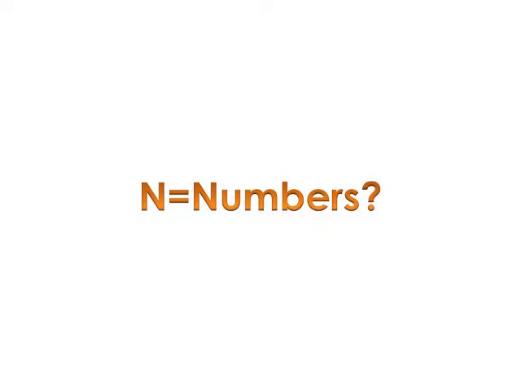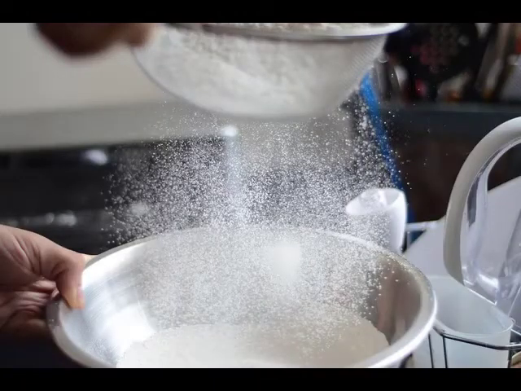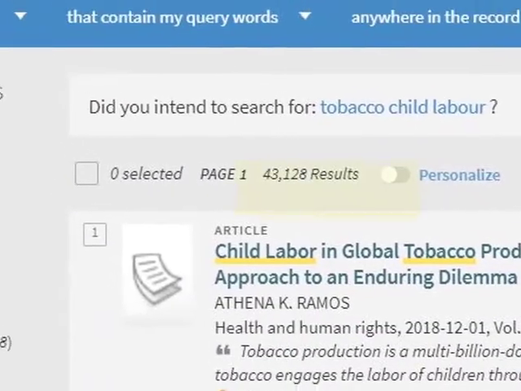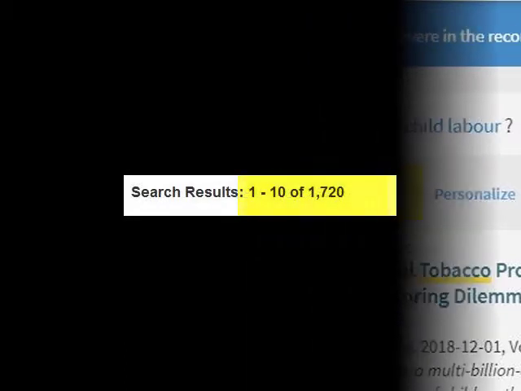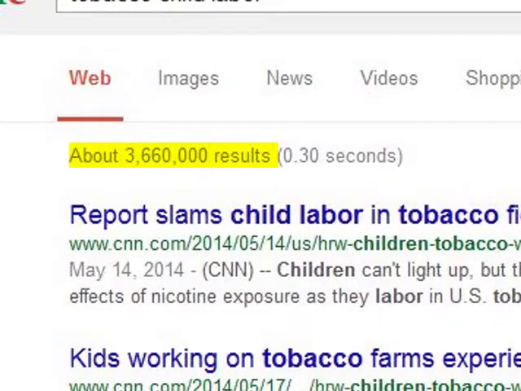Numbers. In the age of Google and Discovery search, there are no hard and fast rules for a number you should be shooting for. But what's realistic? Does a set of 100,000 results really help you if you're not likely to spend your weekends sifting through all those records? Likely not, nor would we suggest that. But look at the number of results and try to whittle that down. Use the result number to gauge whether you're on the right track. This is important in Google, databases, and library catalogs. Bring results down to a comfortable browsing level.